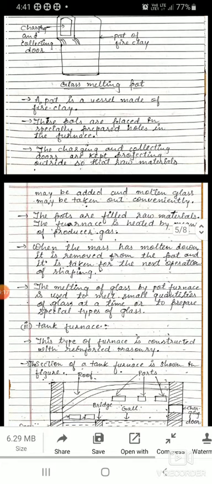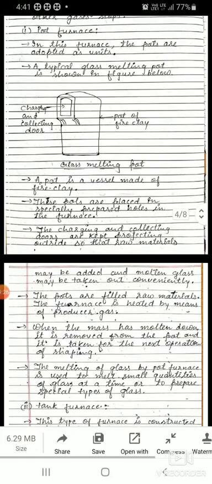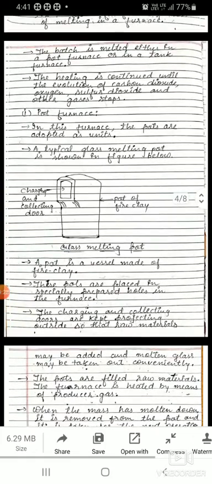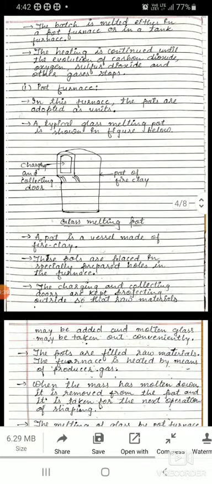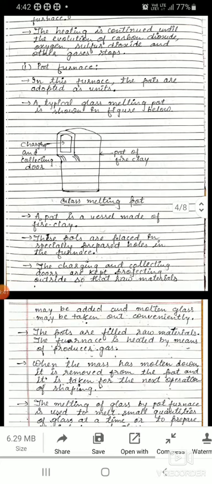For this melting we can use a pot furnace or a tank furnace. In a pot furnace, the pots are adopted as units. They are set in the furnace.